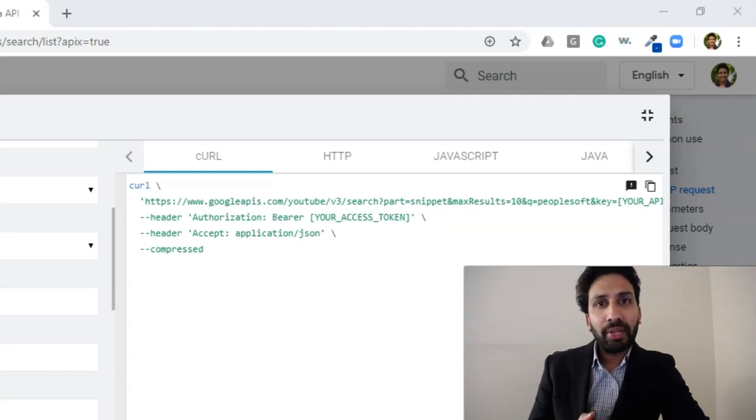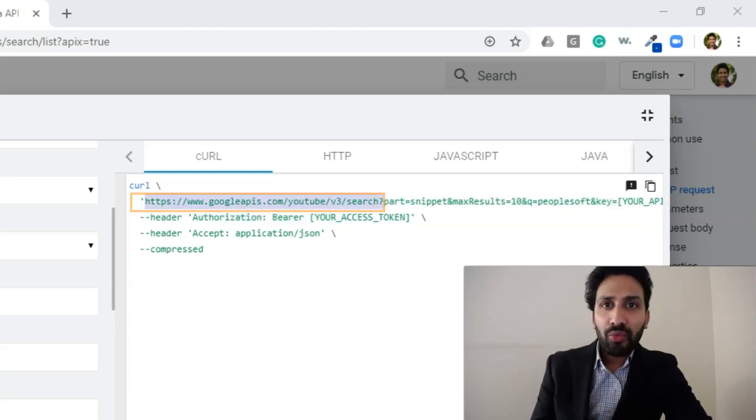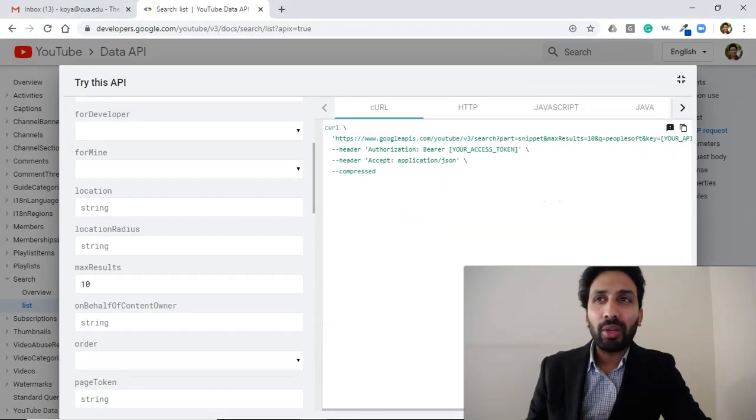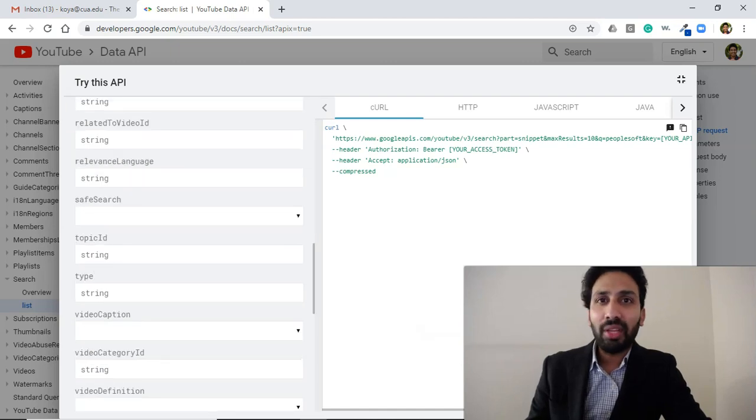If you want to receive search results from YouTube through an API, you need to send a request through an endpoint. As you can see here, this is the endpoint. Along with the endpoint, you need to provide some filters which are required by YouTube to receive search results. To keep it simple, I added only 3 filters. You have a bunch of other filters. You can use them too, but I used only 3 filters.